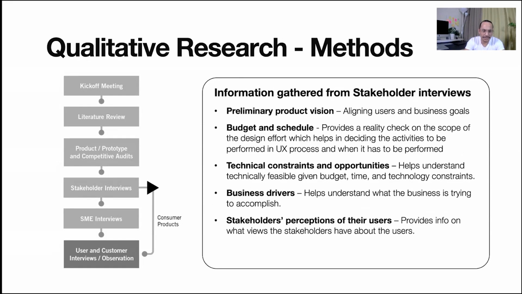Stakeholders, I've already talked about it. So basically we try to check with all the stakeholders, whoever is involved in the process or the product design, about everything. For example, the founder: we try to understand from them who the user is, why they're building, what the product vision is, and so on. And from the technical people, we try to understand if there are any technical constraints. And on budget, we sometimes check with them what the budget is for this particular product, and so on, right?